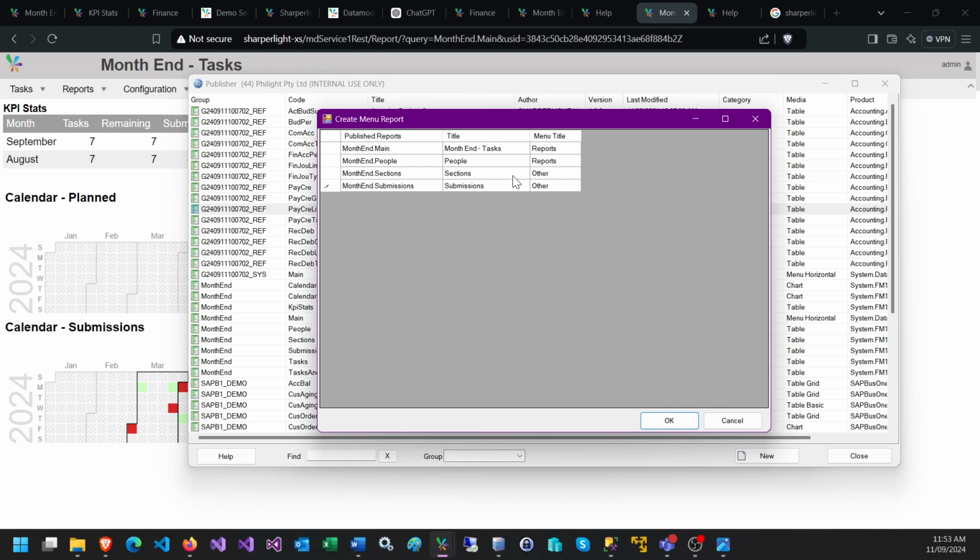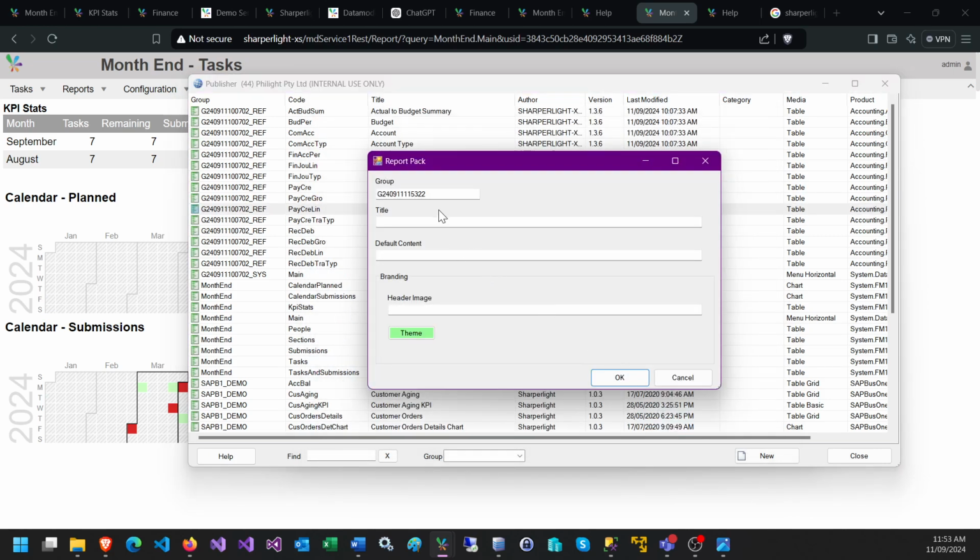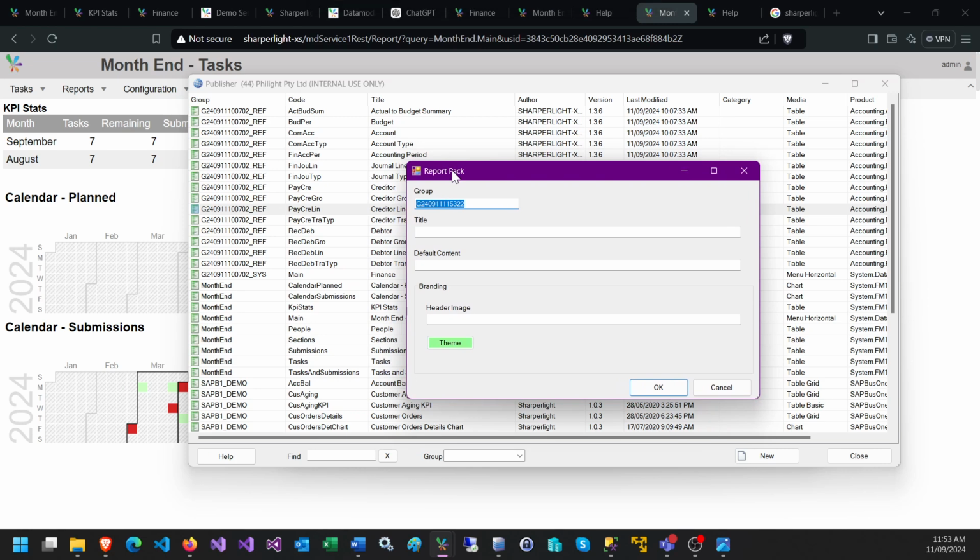Of course you can edit these at a later date. So I'll click on OK. Now this is the group that the reports will be bundled under. I'll just leave that as is, and we'll give it a title, new report pack,